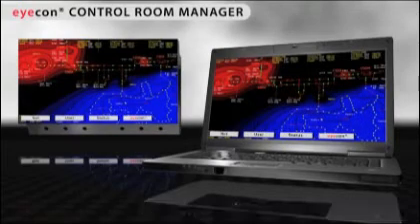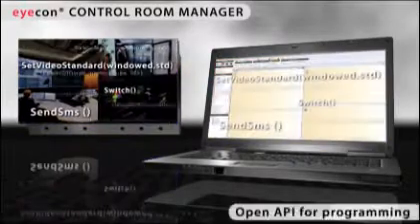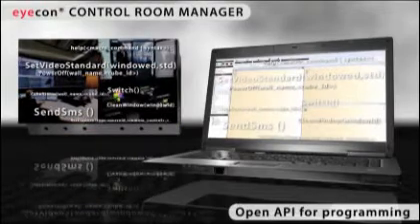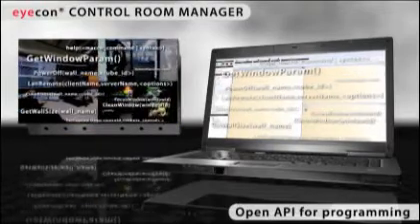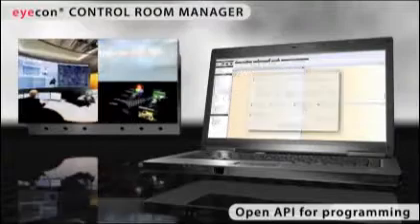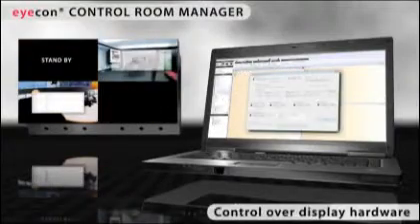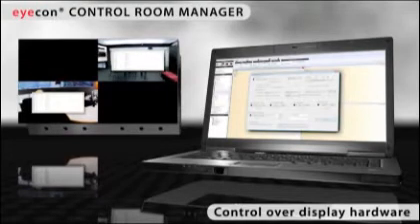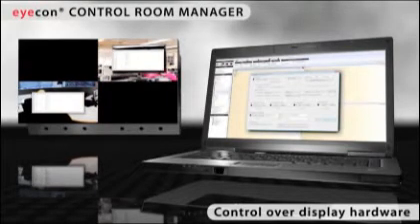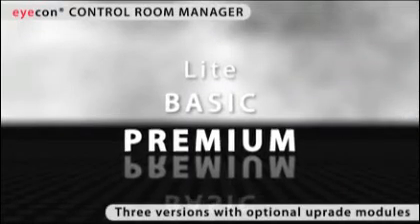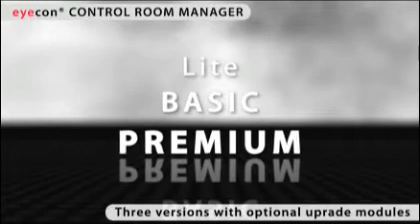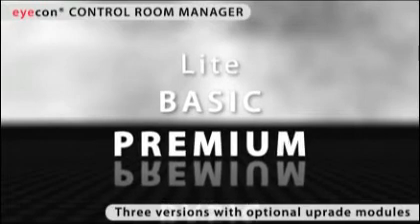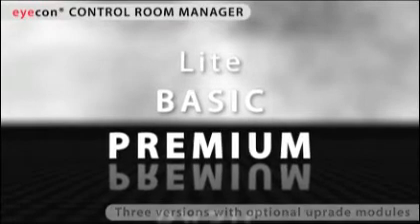It is possible to use the comprehensive API to start streams, applications or video window configurations, to switch the module of your video wall on and off, or to receive status information in case of any malfunction. Icon also assumes control of the connected display components. Icon is available in 3 different versions, Light, Basic and Premium. The functional capacity of the software can be extended by extra optional modules according to customer requirements.